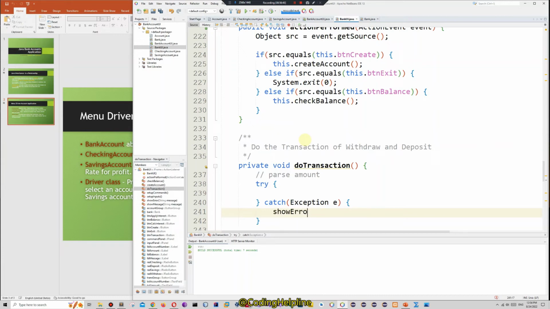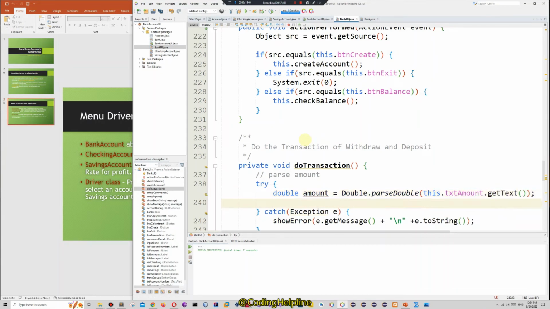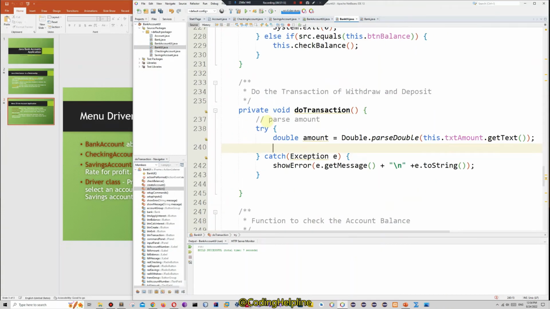Okay, showError(e.getMessage() and new line and complete e.toString). Okay, here double amount, Double.parseDouble(this.txtAmount.getText). Okay, now transaction type, and another thing we need here,